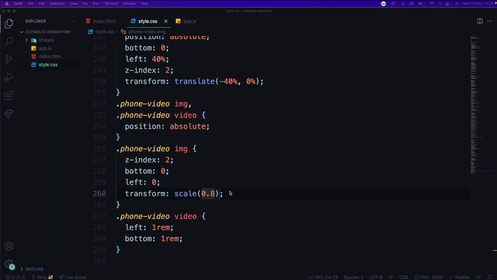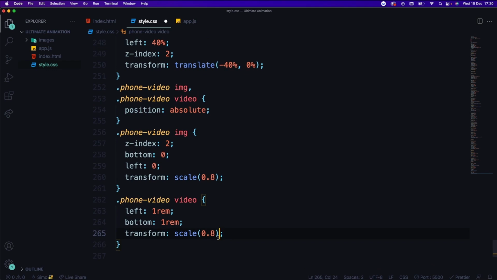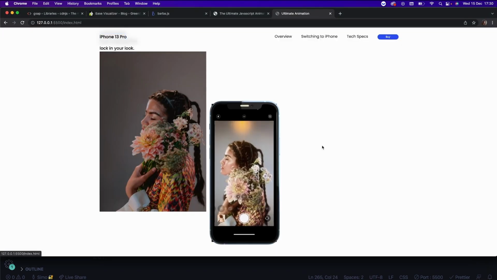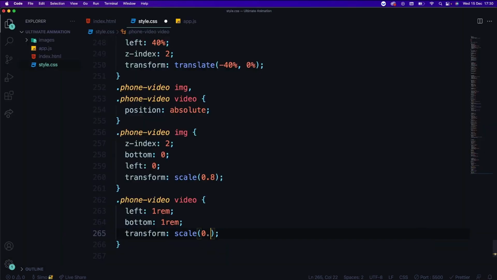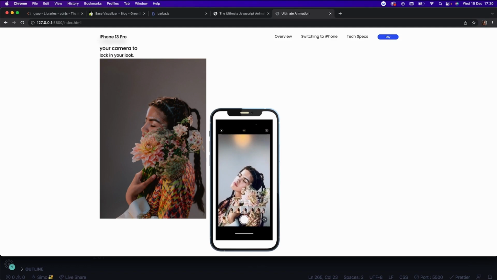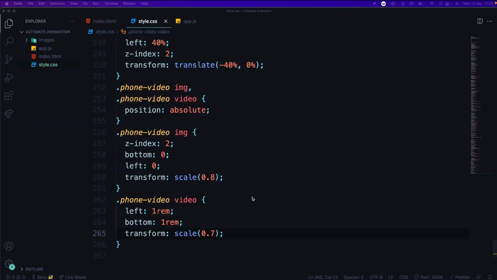Oh, sorry, this is on the image. We can also do it on the image and then on the video as well. So what we want to do is essentially make the video a bit smaller, 0.7. But then the problem is that it's not filling up the entire screen. So actually, let's keep it 0.8. And what I'll do